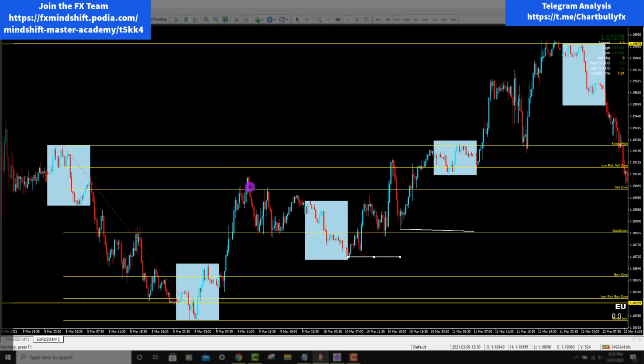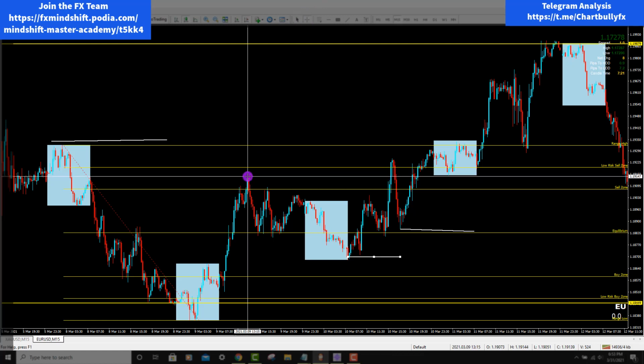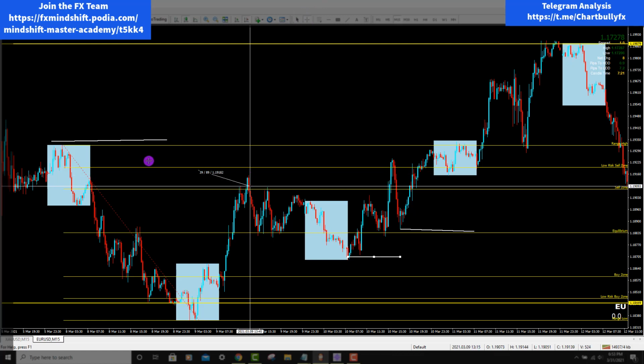Then you get past that, and if you take an entry, let's say it came right here, you saw this down candle right here, and you took a sell. You don't want price to come where? Above the last structure, right? So let's say hypothetically you took it, that's a 23 pip stop loss. I mean, that's not even that bad.